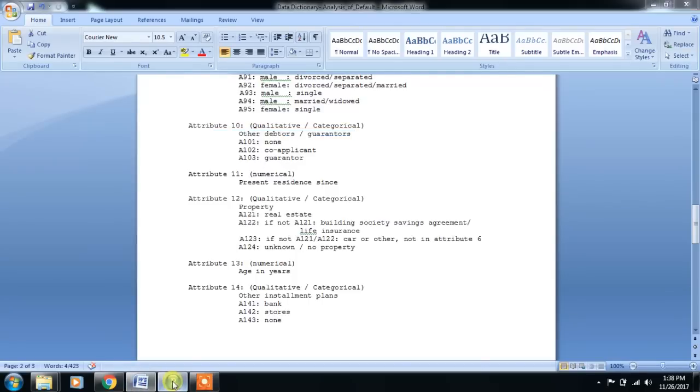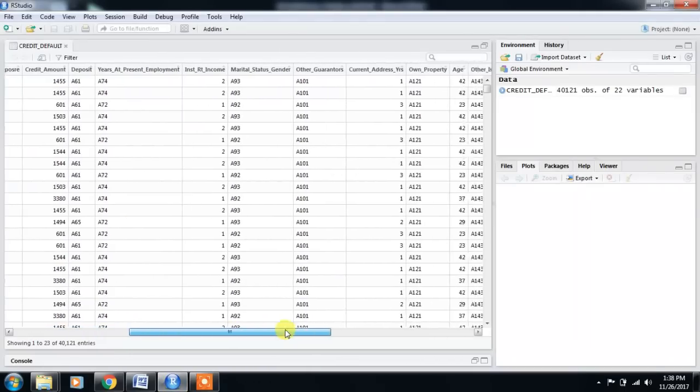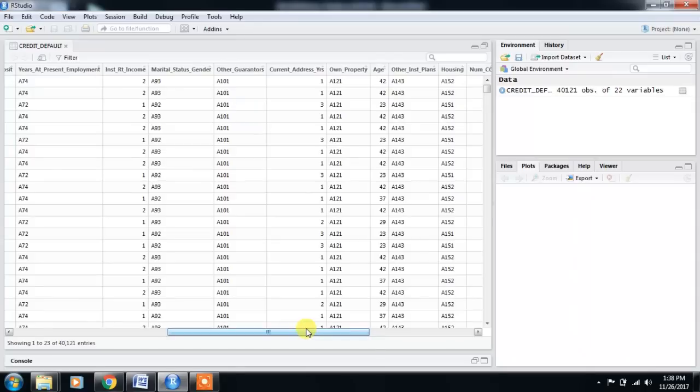If you see the data, these are the data over here, marital status and gender. This is the bucket. Other gender, this is the bucket. Current address staying, so this is 1 year, 3 years, like this. Own property, this is the status. Age is 42 years old, 42 years old, 23 years old.